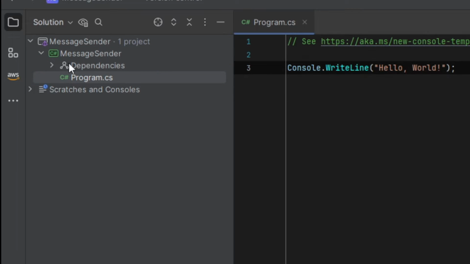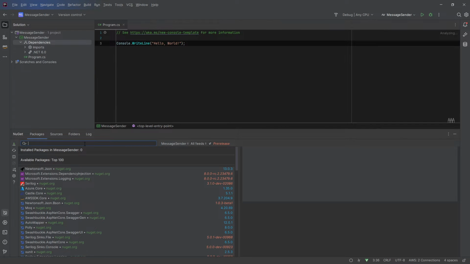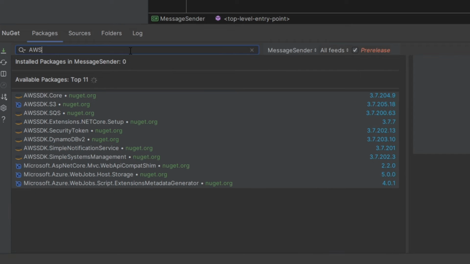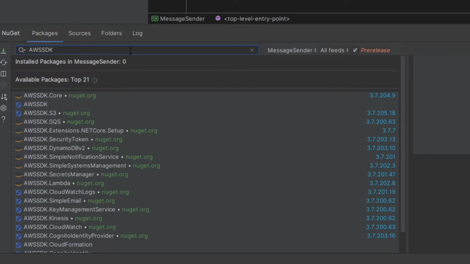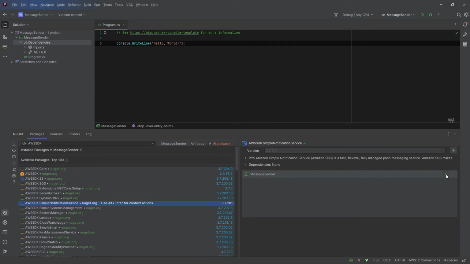Yes, okay. So what I will do is go to the dependencies and Manage NuGet Packages, and let's search for AWS SDK and Simple Notification Service, this one, Simple Notification Service. So let's install this one. You can do the same thing in Visual Studio,